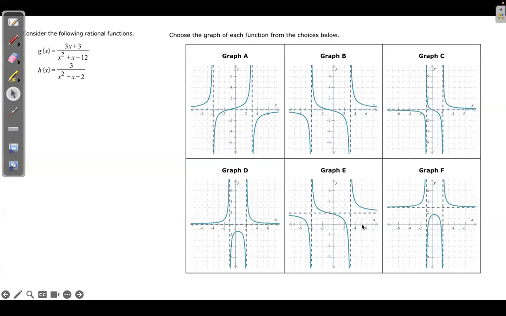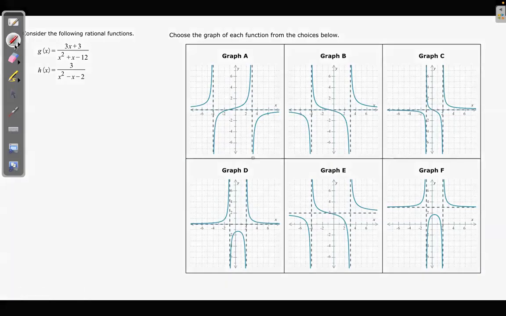This is what you will be facing in your double asymptote Aleks assignment. And it's important that we start by factoring things out. So if you're given a function that looks like this, I would suggest that you start by factoring the function. Here you could have 3 times x plus 1